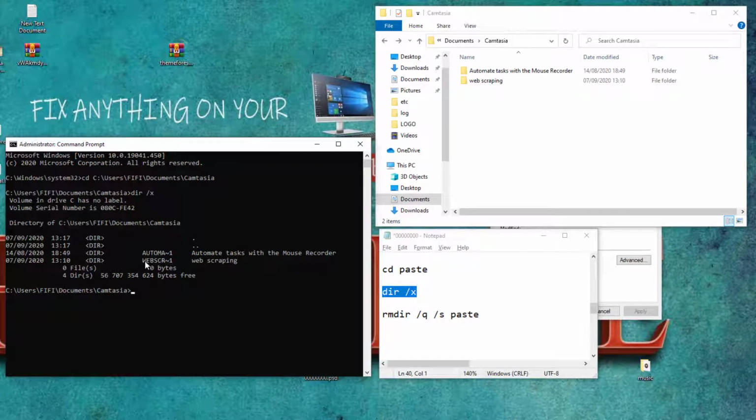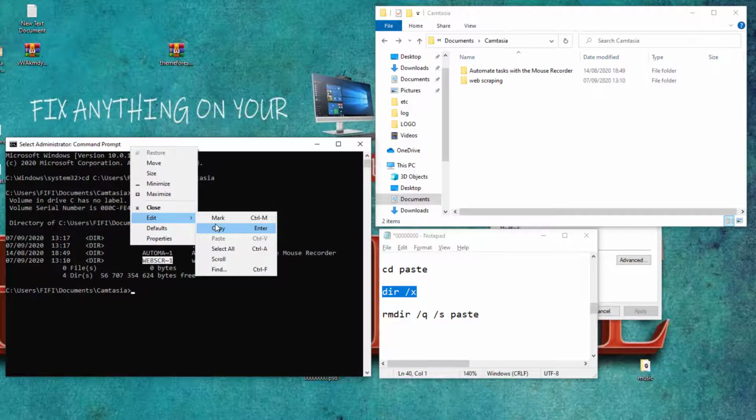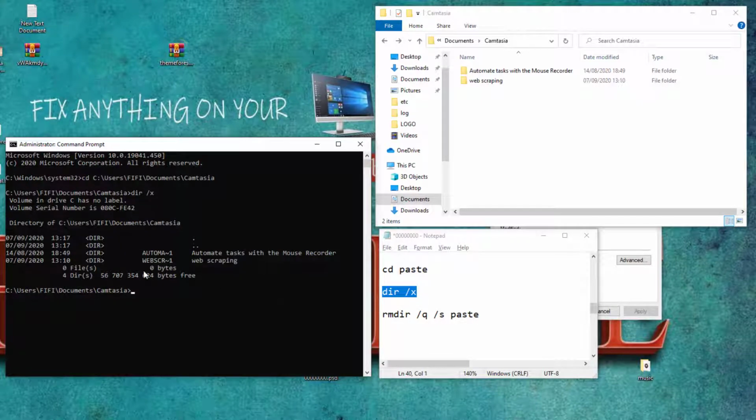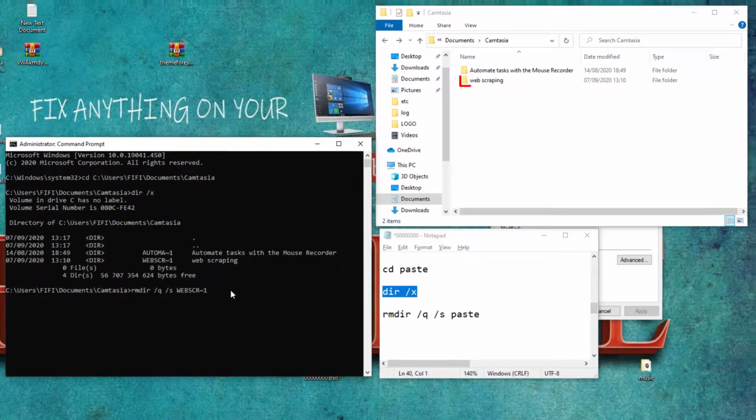Copy this, guys, or just right click here and edit and then copy, and here you will need to type this command: rmdir /q /s, and then, guys, paste this name here and hit enter,